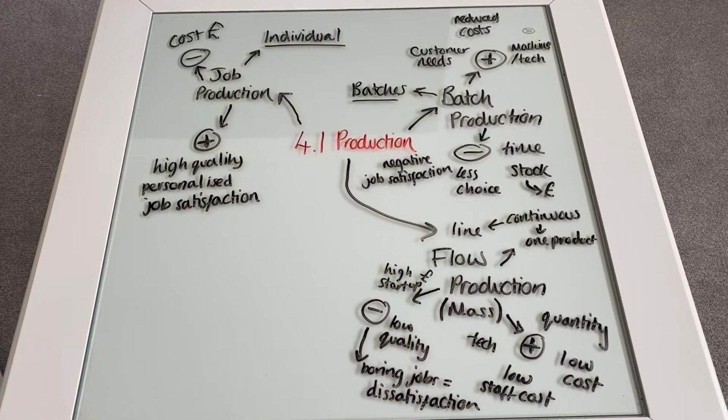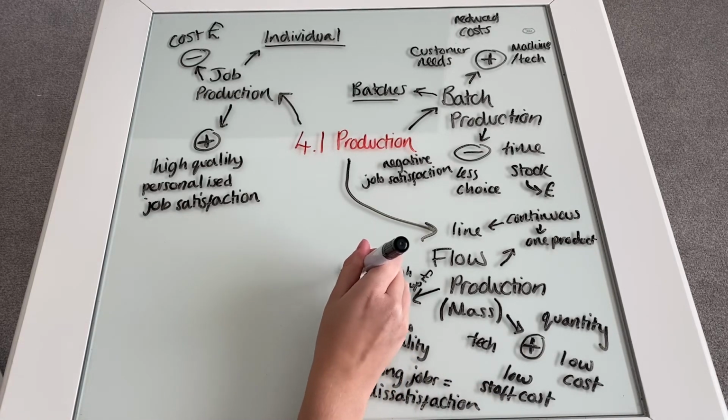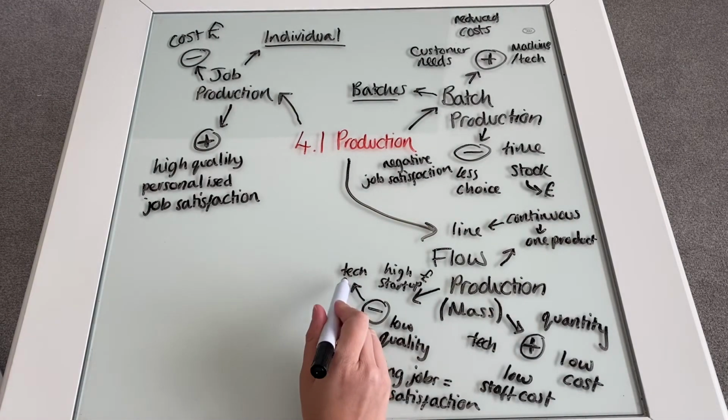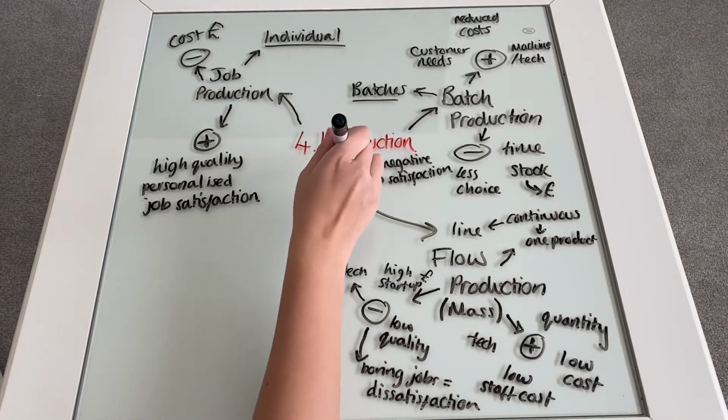And any minor issues with this technology, if something teeny tiny goes wrong, it's going to hold up your entire production line. So tech is a disadvantage as well as an advantage. A big bonus of tech is that in theory it can run for 24 hours a day, 7 days a week. But if something goes wrong, it's going to mess up the entire production line, which is going to cost you big. So we need to understand technology